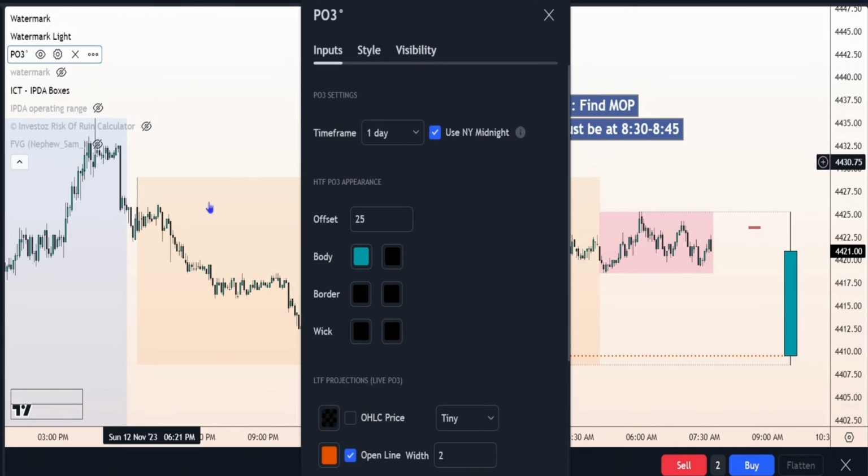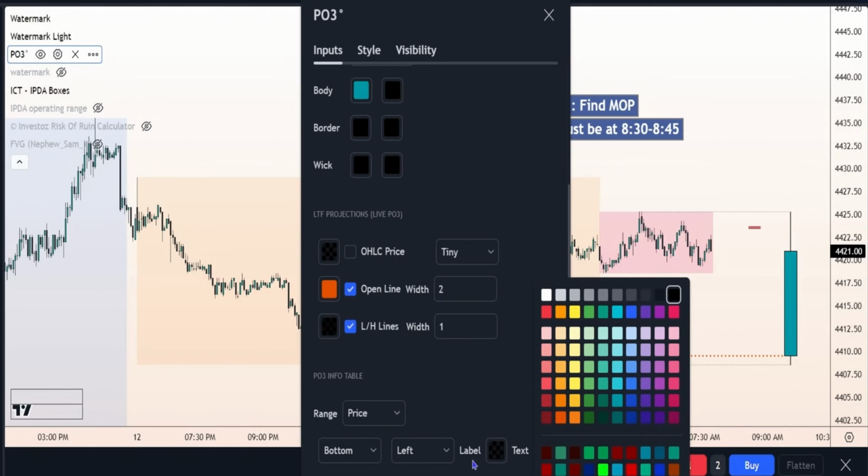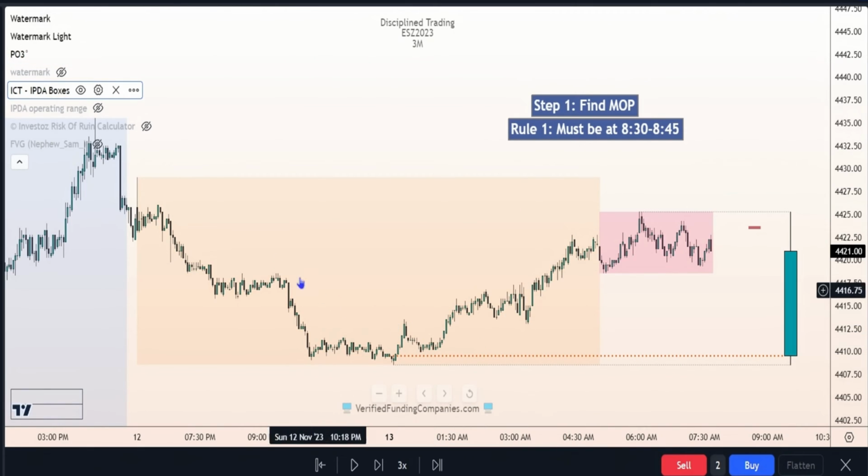Go ahead and push the settings and then change it to a time frame of 1 day. Click use midnight opening and then only have this one clicked and then this one clicked, and then show the range in price, and then bottom left, that's this thing, else it will be on your chart super big and annoying. And then turn the labels and the text off on the opacity. Boom. So now you got that one. Now the second one is going to be,